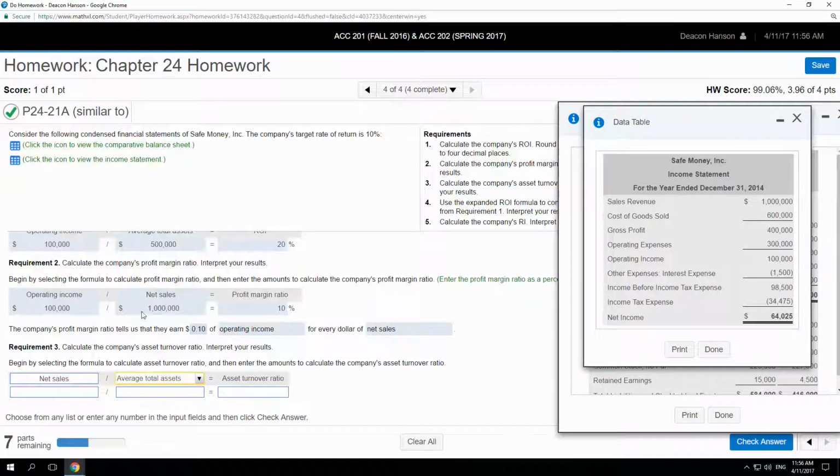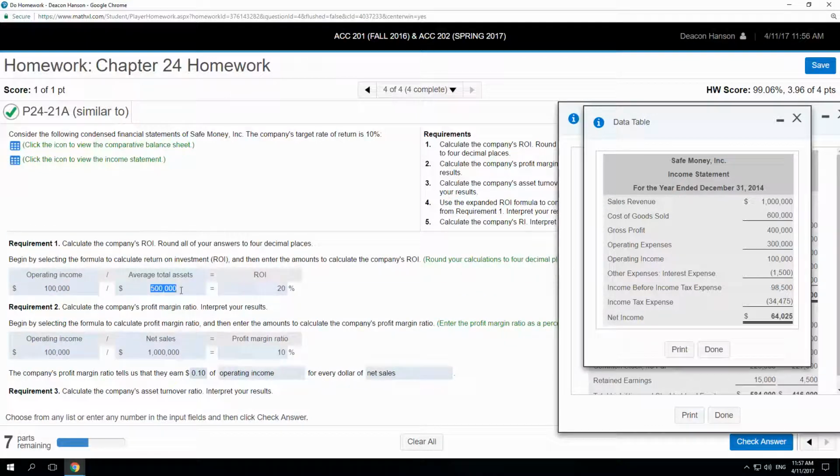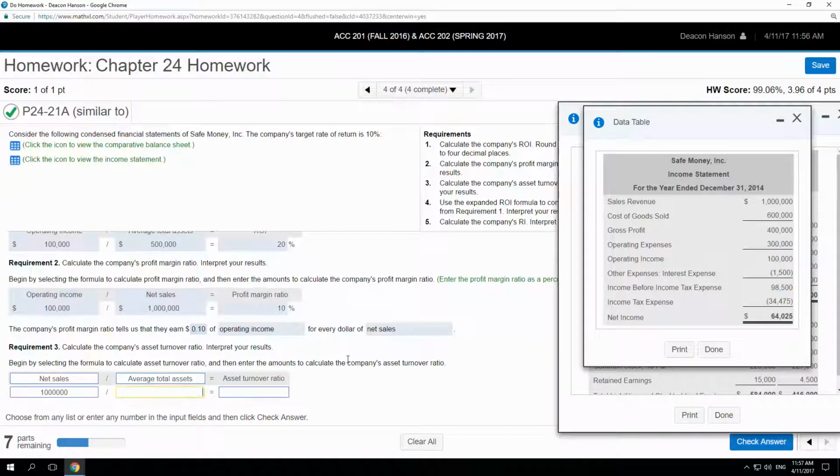We have the net sales of 1 million, and we have the average total assets of 500,000. So if you take 1 million and divide by 500,000, you're going to have,